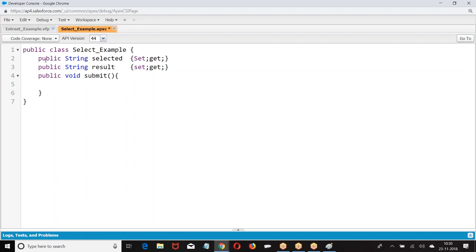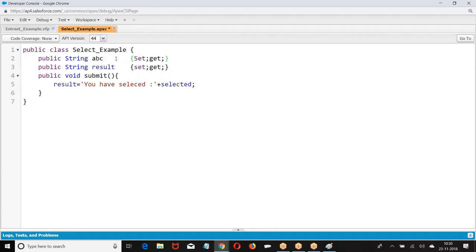Now I'm giving result equal to, you have selected, and whatever value you have selected is given. What is this selected? Again, if I give selected, you'll ask what is this selected?